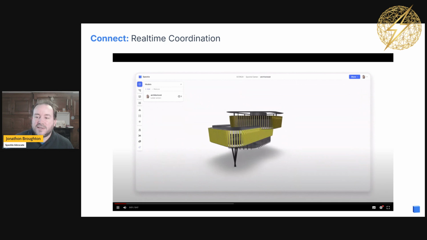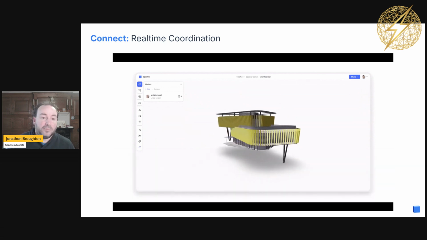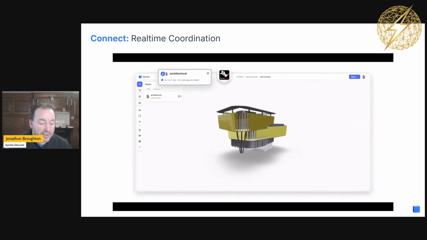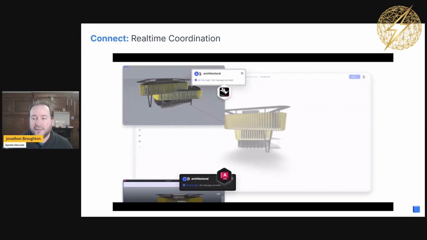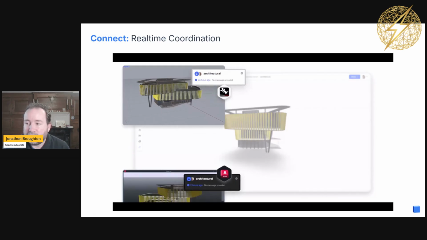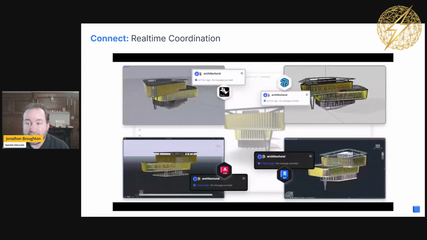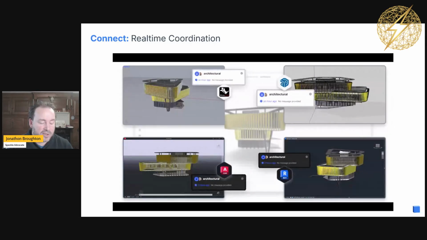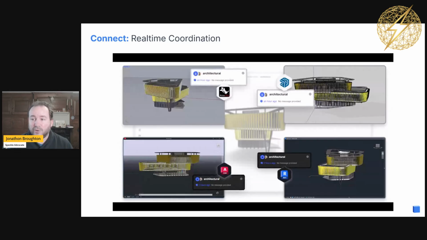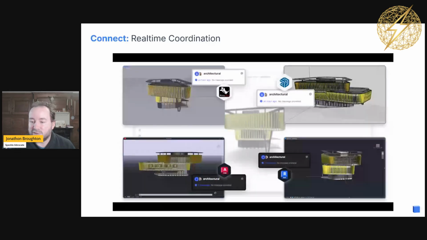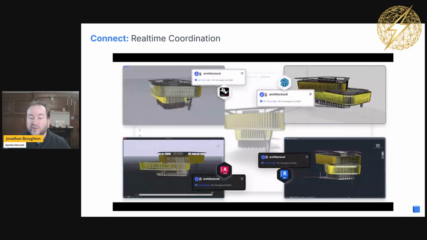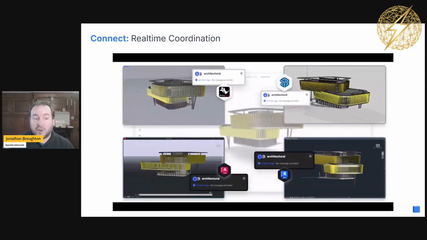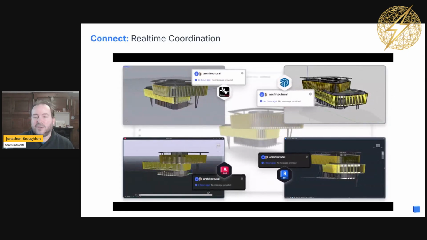And then what that means is if you are doing that in a whole load of different applications that aren't designed to be working together, that co-authoring could happen in real time, at the central hub. So what we've got here, sitting in the middle, is the Speckle web application, being published to by all of these different applications. So everyone, no matter what software they're running, is able to see and get notified in their host application exactly what's going on.